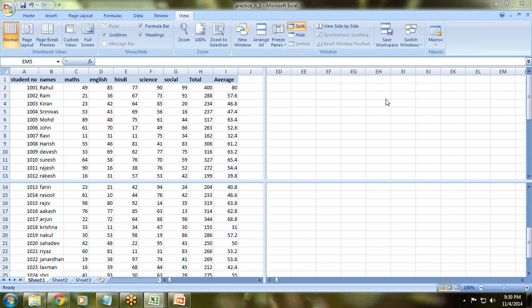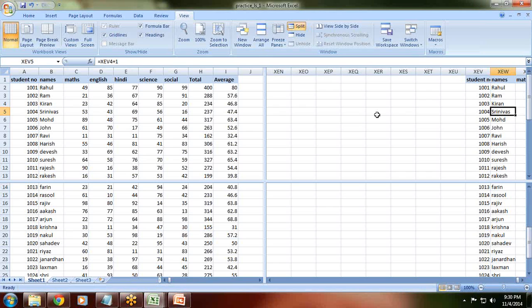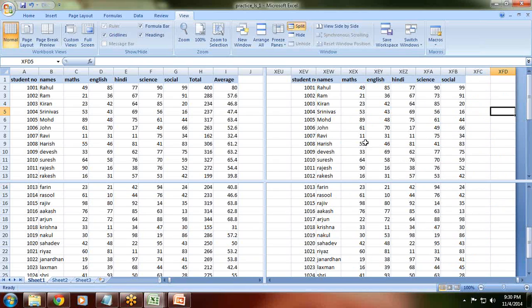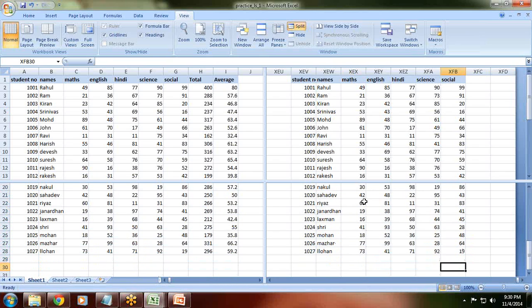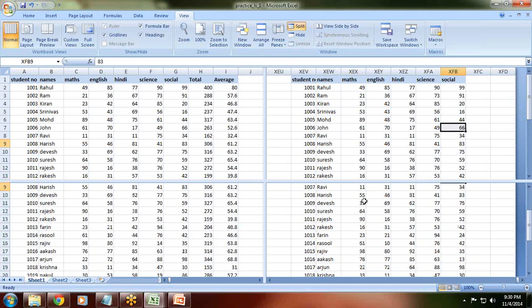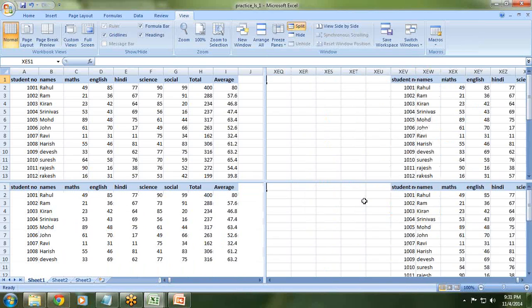So when we use the split option, we can actually compare. You can compare here. Now you can compare here. Though A to I and X are not next to each other, the data is far from each other, you can actually compare it. You are splitting the sheet into 4 parts, and you can compare here. The moment I select the 4th block and change it, it's moving up. See, you can compare it. You can see all the 4